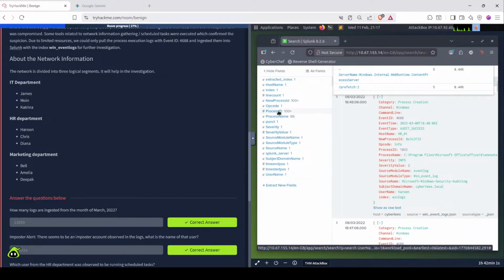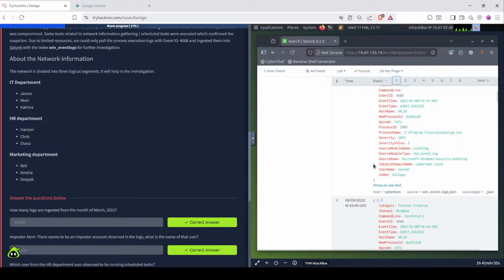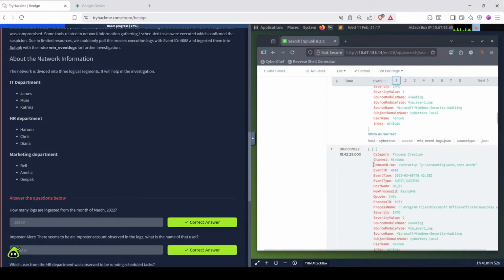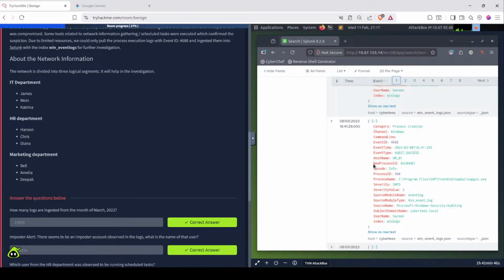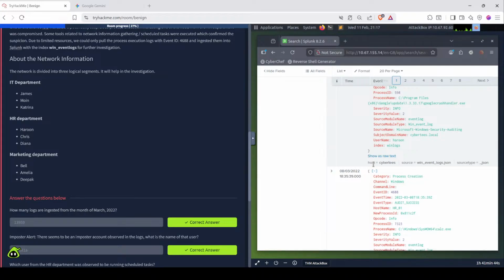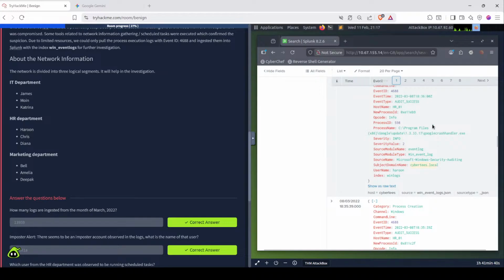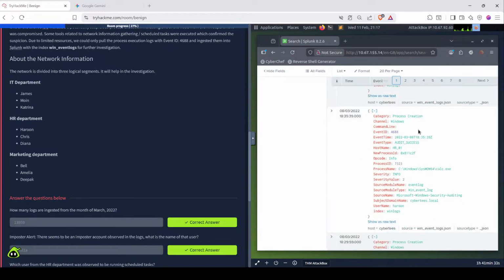What can we do about it? We can try looking for scheduled task creation. I guess there should be an ID for that, but that would be a bit. So there is some info inside